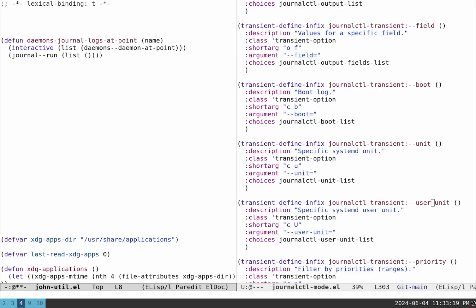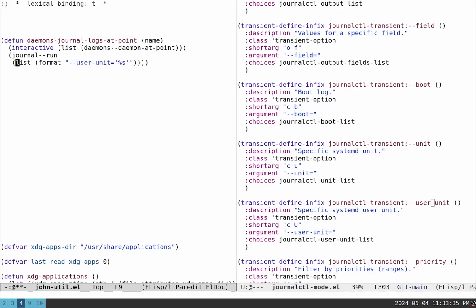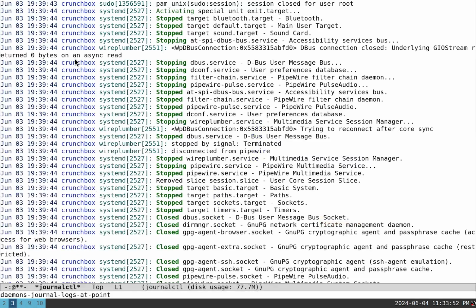Actually going to use the format function, make our lives a little easier. User unit is equal to provided string. So let's make this a little easier to look at. And then our format argument is name. Okay. I believe that's all we need. Let's give it a try here. So